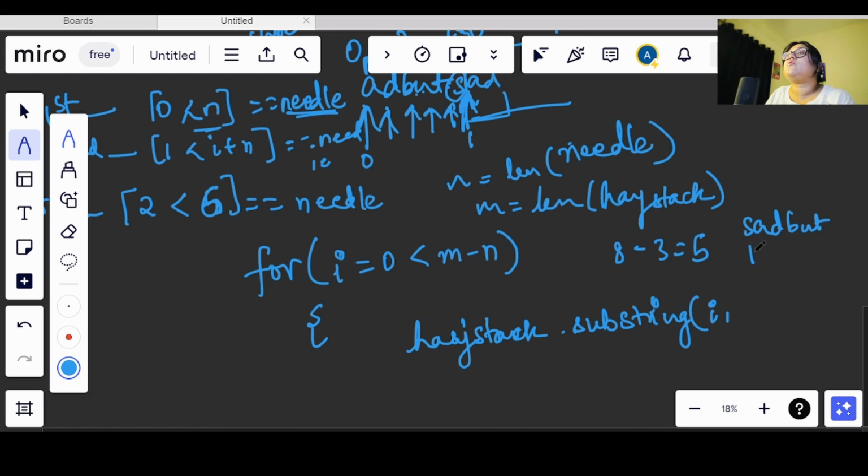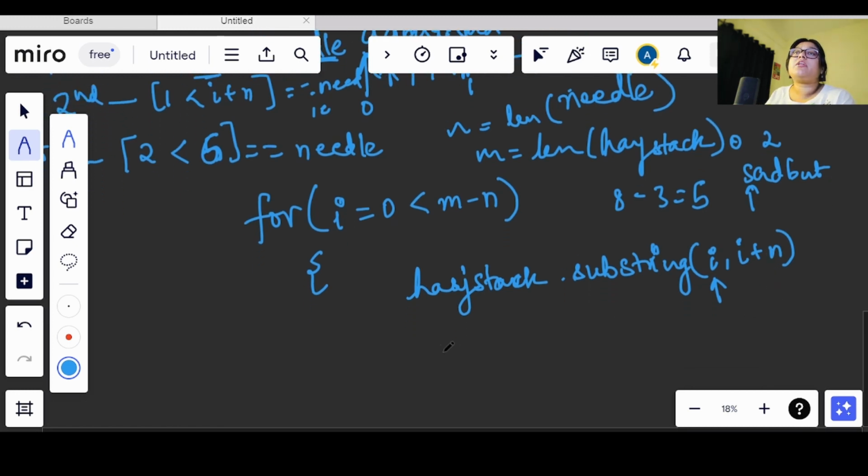Okay, so we need to start from 0 and we will go till 2. So I need to give here I plus 1. Why? Because it will be going according to the language you will have to give. Mostly what we see is in the substring we will be starting from a start point, but the end point will be going till n minus 1 only. So according to that you can go. In Python you can simply use haystack from I to I plus n. Okay, so this will give you a substring.